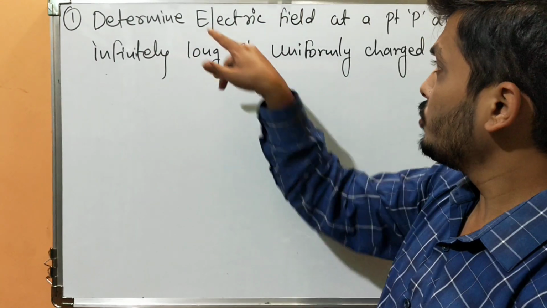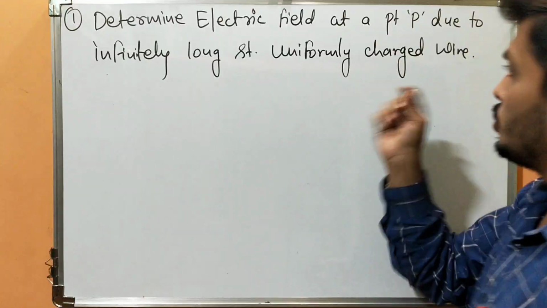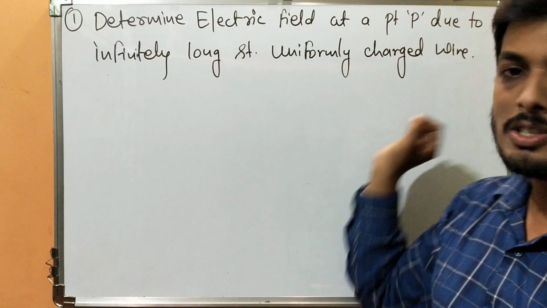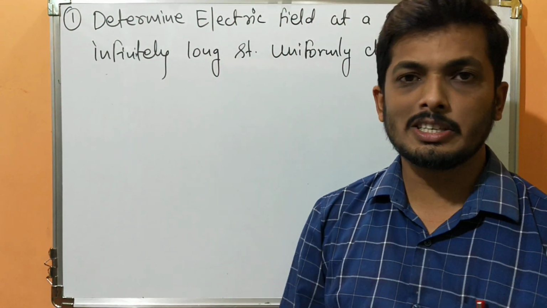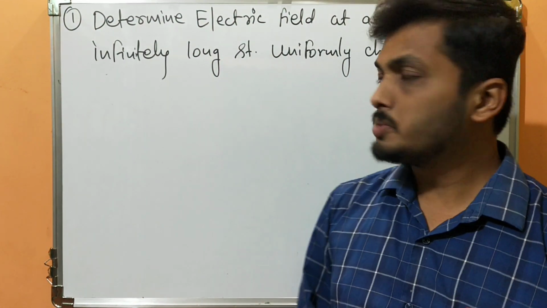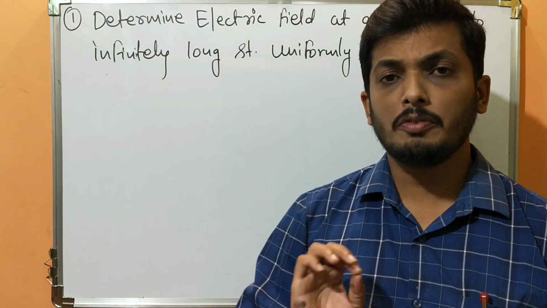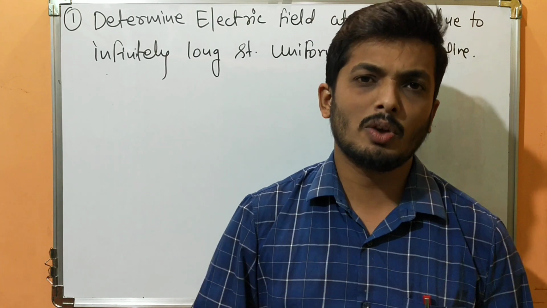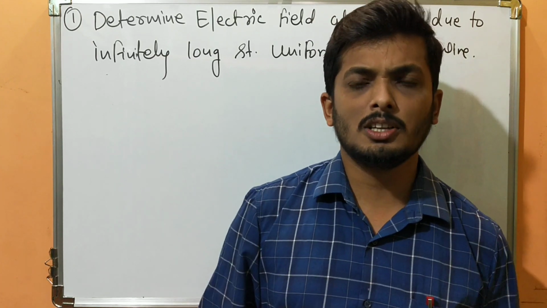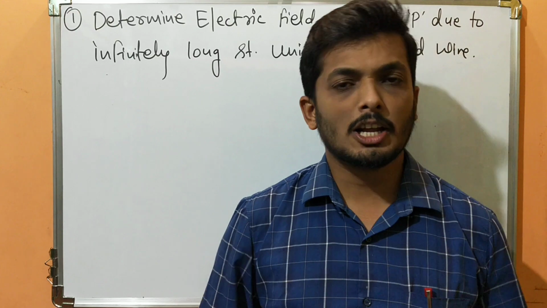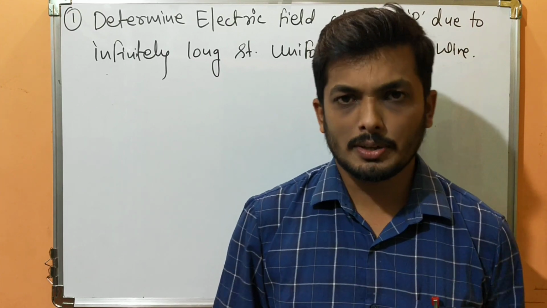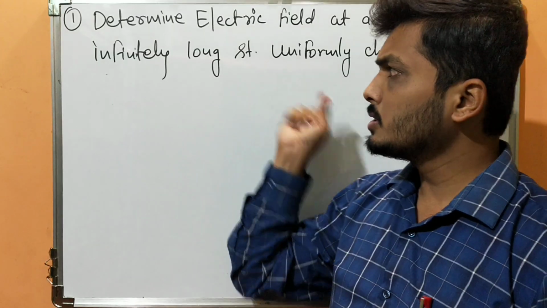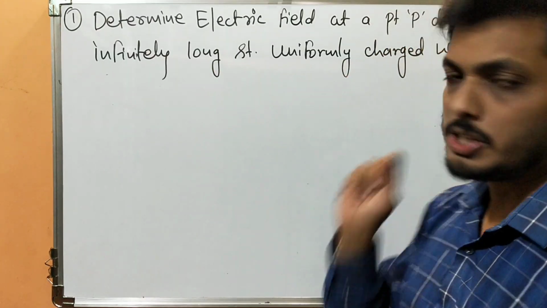We are supposed to find the electric field due to one infinitely long straight wire, which is a charged wire. All of you know, whenever it is charged, the charge is responsible for the electric field. All of you know the definition of the electric field. Electric field is the force experienced per unit charge, or you can say it's the space around the charge in which another charge is going to experience electrostatic force of attraction or repulsion. So we are going to find the electric field due to this infinitely long, straight, uniformly charged wire.